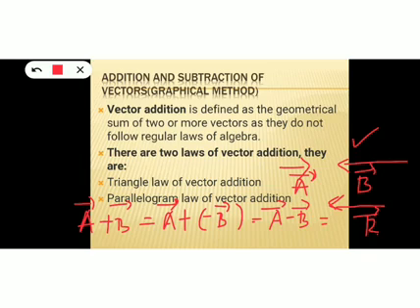So this is about vector addition and subtraction if both the vectors are acting along a single straight line. But what if the vectors are pointing towards different directions? If they are not in a straight line, if they are in a plane. In such cases, we need to go for the triangle law of vector addition or the parallelogram law of vector addition. So in which situation do we use the triangle law and in which situation do we use the parallelogram law? Let's discuss all this in detail.